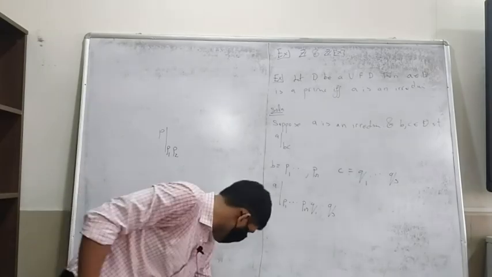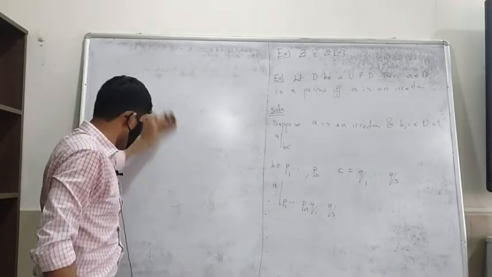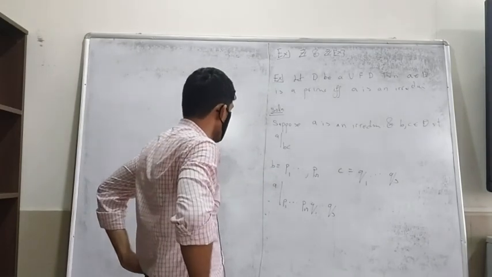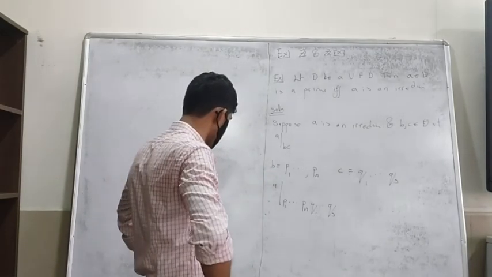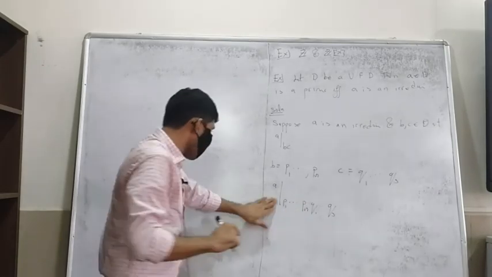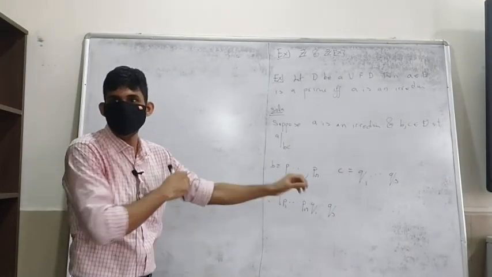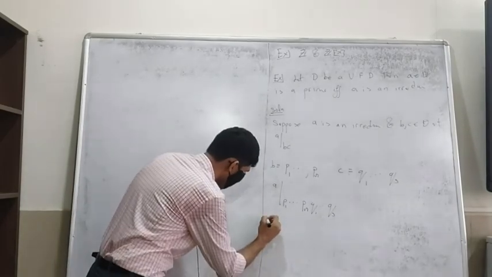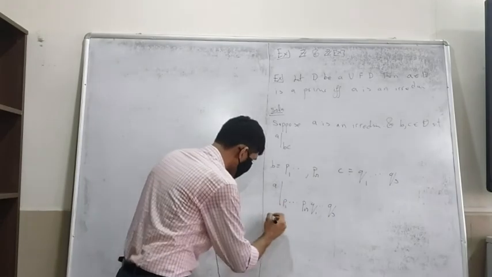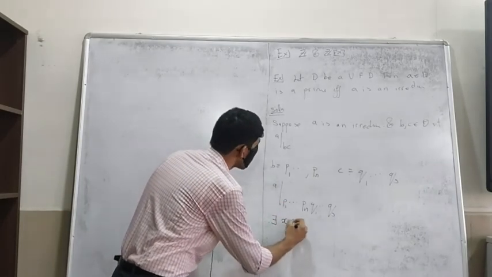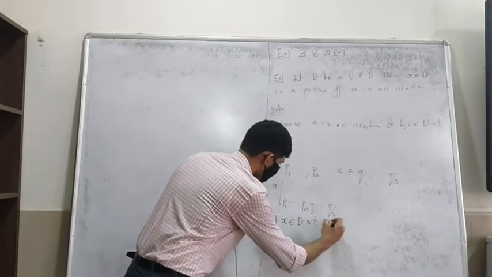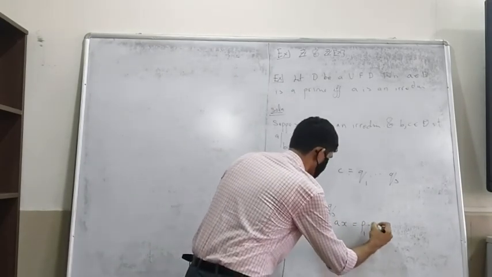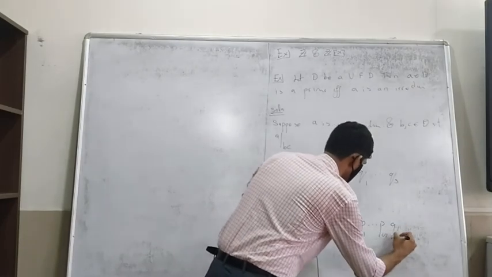Okay, there's another way out. Irreducibles. We need not go with doing that. We can actually, this will also prove that fact. Let's see. So this divides this will mean that there exists some x in Z such that a times x equals p1 up to pr into q1 up to qs.